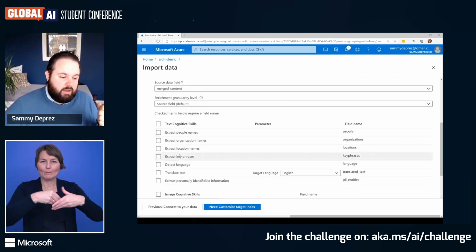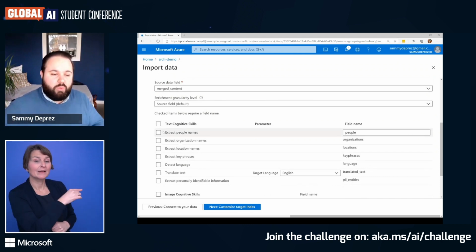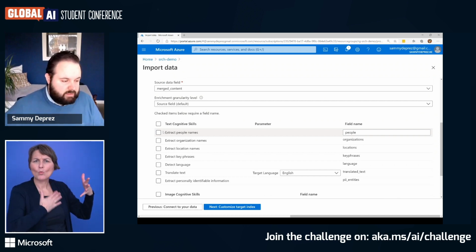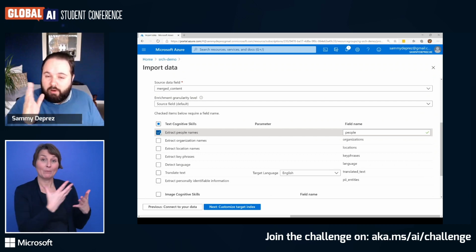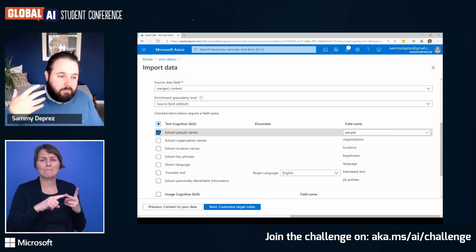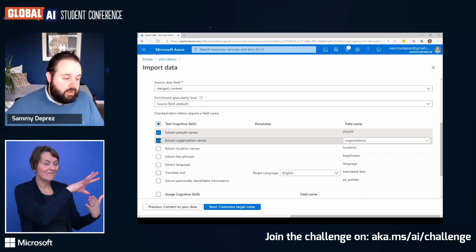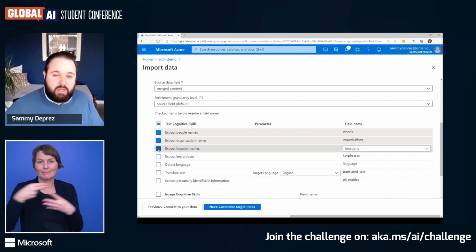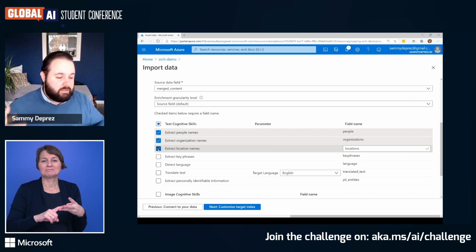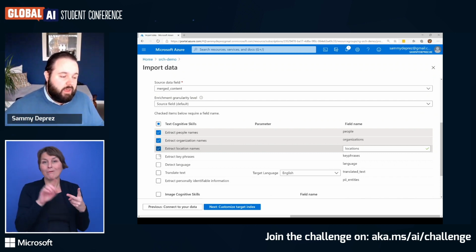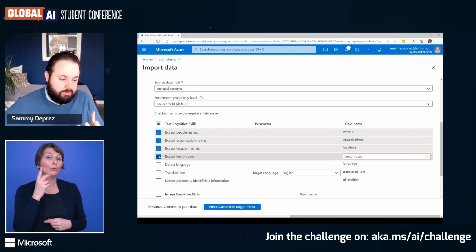And then we can just by clicking say what kind of cognitive services that we would like to call within our enrichment phase. So we have extracting people names, so you'll have an array of all the persons, the names that you find in the documents. The same for organizations, specific for locations. Is it Brussels? Is it Europe? Is it Asia? Is it US? All these kind of things. What are the most important words within your document, the key phrases?